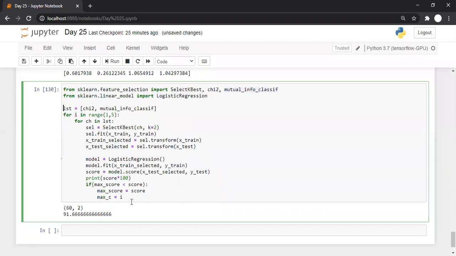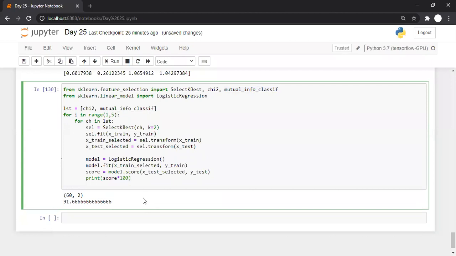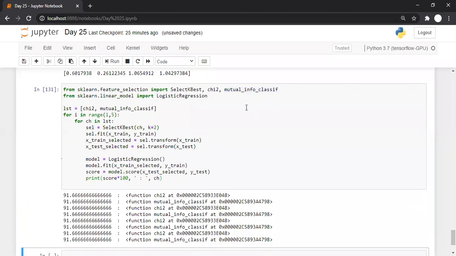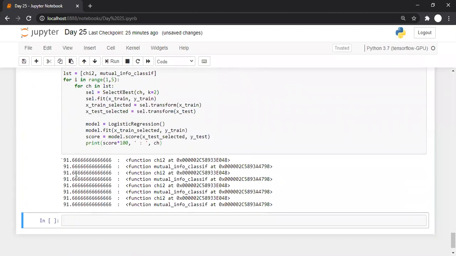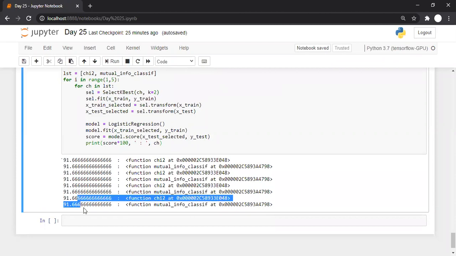Okay, to make it simplified, I'm deleting this thing. I'm printing the score along with the choice also. So we can see it's 91, 91, and so on.